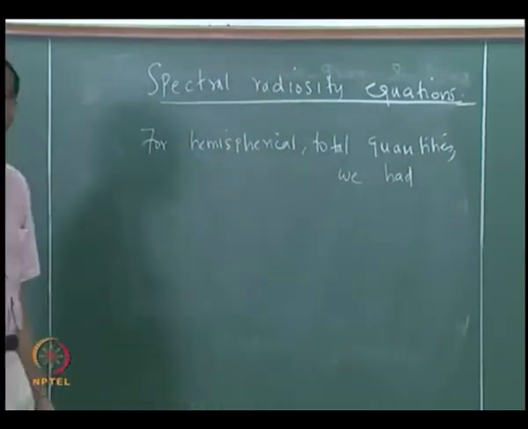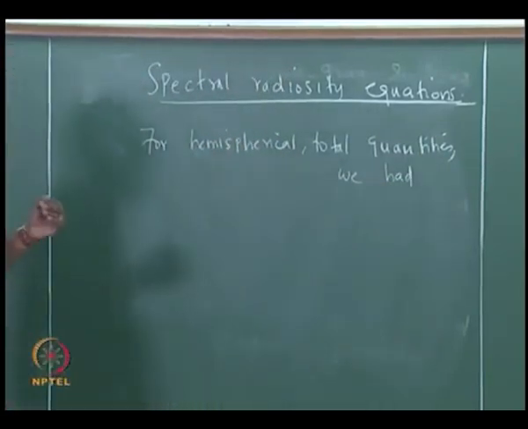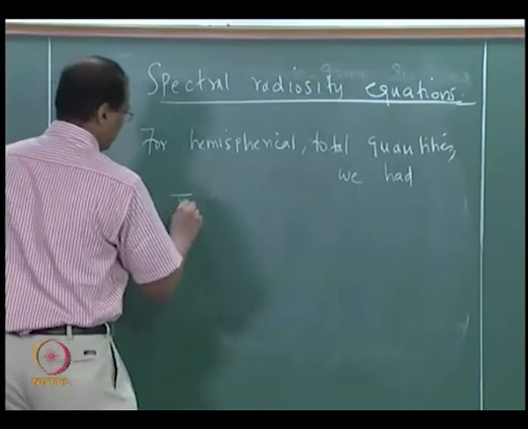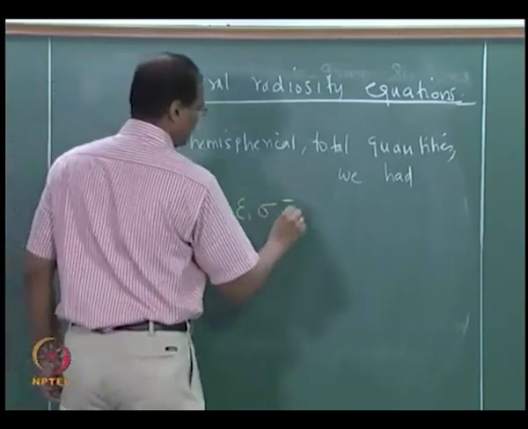For hemispherical total quantities, what was the original radiosity? We will first write whatever we are familiar with and then we will write them. Ji equal to epsilon i sigma